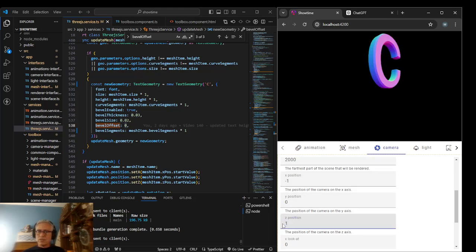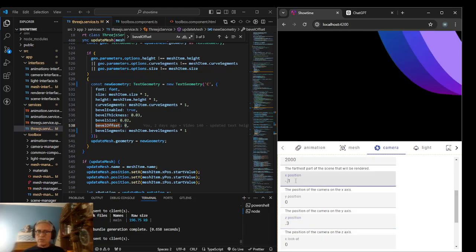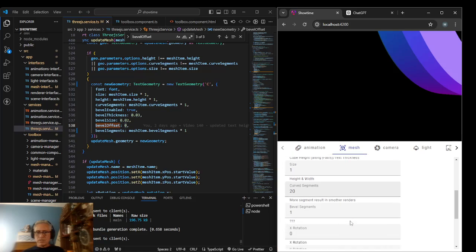Z position of 1. Z position of 0.1. Oh yeah, you can see both bevels on both sides from this position. Let's see, 0.3 and X position of, oh, I like that one. Okay, I like that spot. Mesh is, so right now we have 1 bevel segment, 2, and we have a, so I definitely, okay, so anyways,